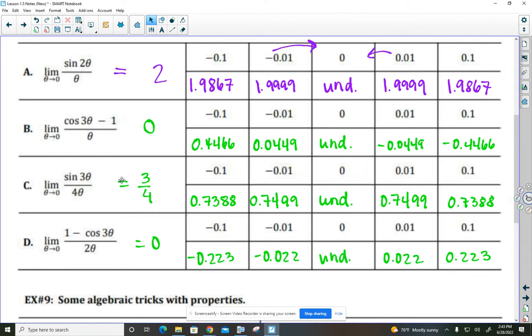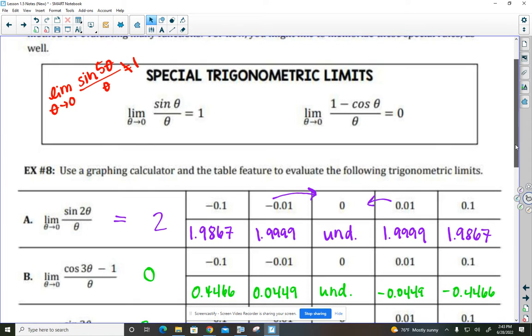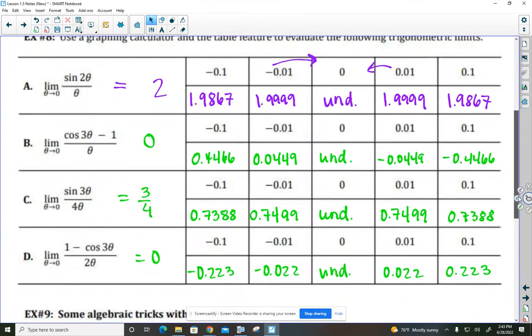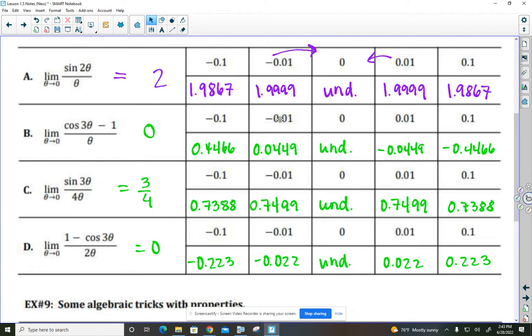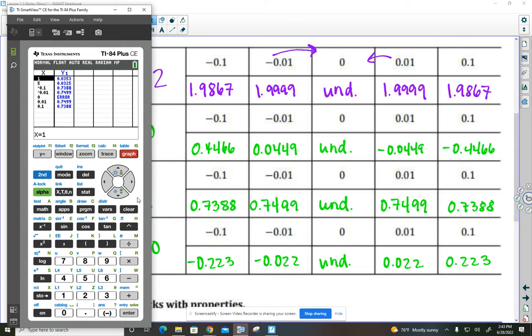You could take a look at those special trig identities. We could do a lot more, special trig limits rather. We could go into depth with these a lot more, but because you're going to learn other techniques to evaluate some of these tricky trig limits and other limits, we're going to kind of table that conversation. If nothing else, what you've learned is a new way to utilize the table feature in your graphing calculator,